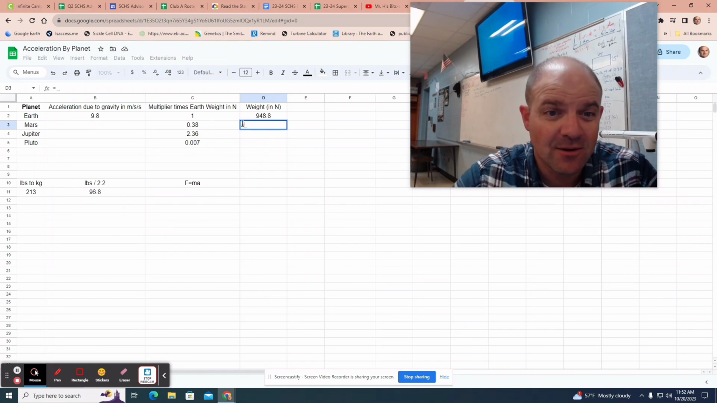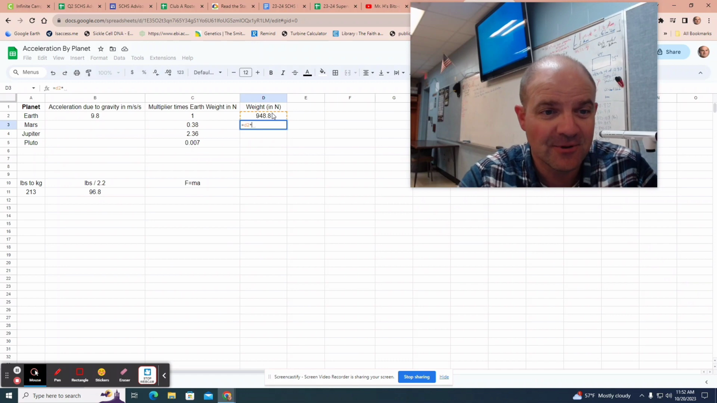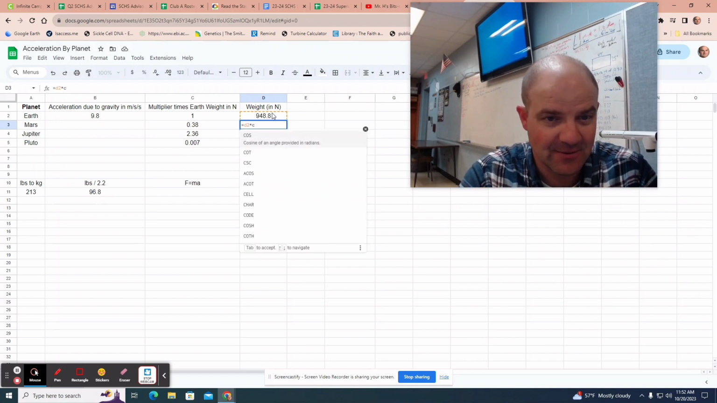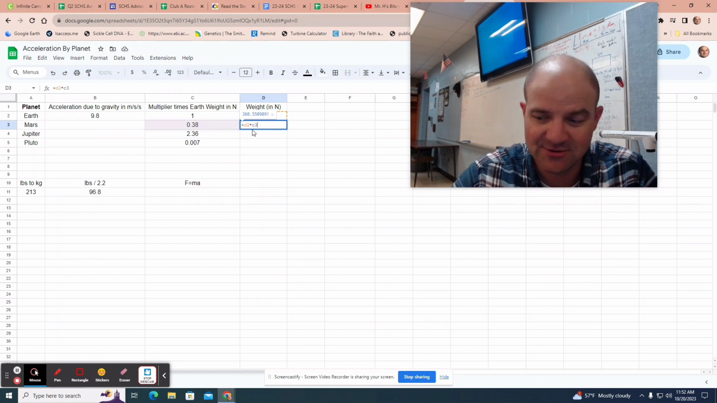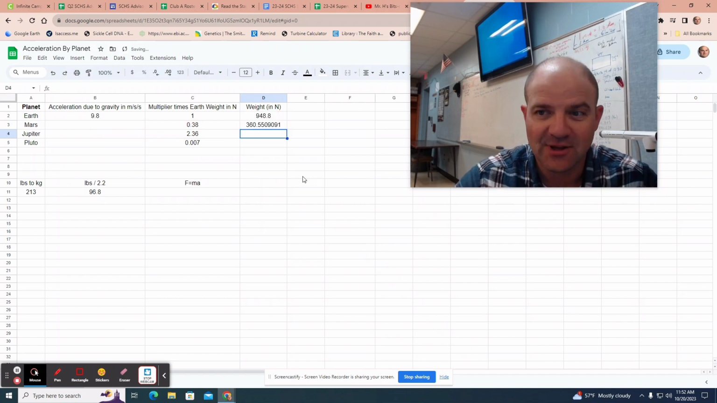D2 times C3, which is this box. Enter. Does it for me right there. And again, there we go. I could do them all and then highlight this and say, hey, drop those decimals back. All right. And now I'm going to say equals,